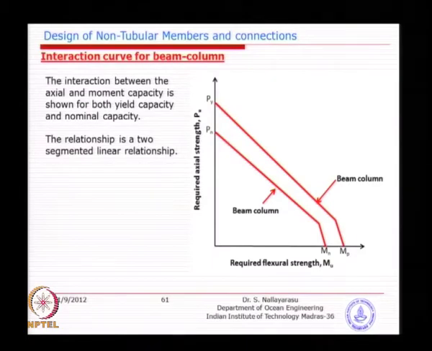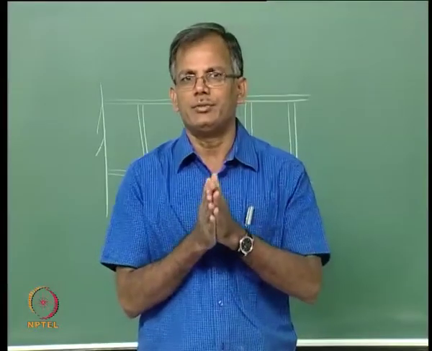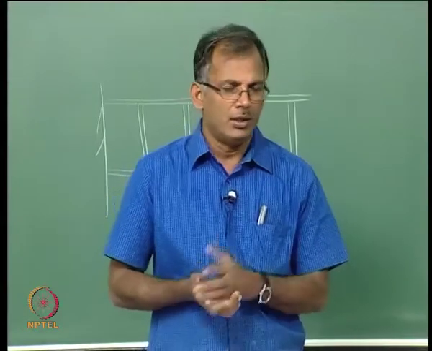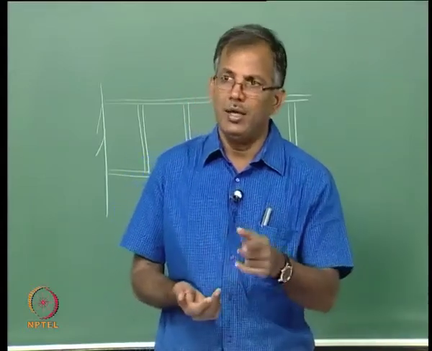Mostly you might have seen such an interaction diagram for concrete design, in the concrete design course, either AISC or British code or IS 456. Again the difference is that here you divide by the safety factor, which is 1.67, and here you multiply by the material factor phi. So, with that I think the design of open sections, specifically for I sections, we have covered axial, compression, tension, bending, minor axis, major axis, shear and the combination.